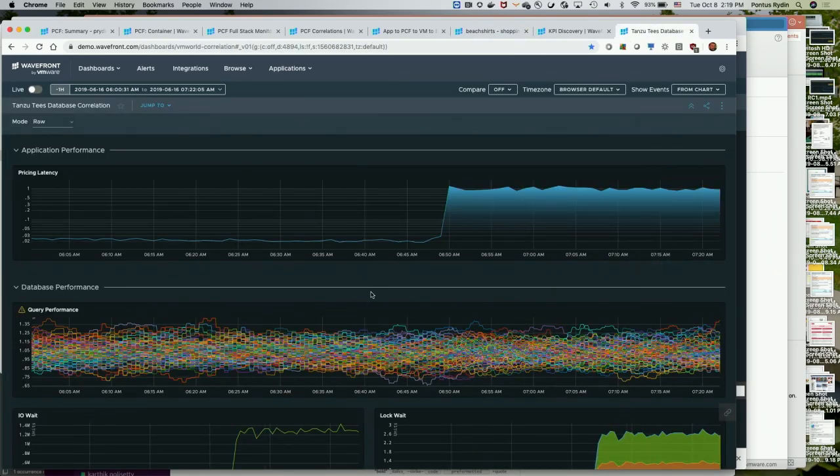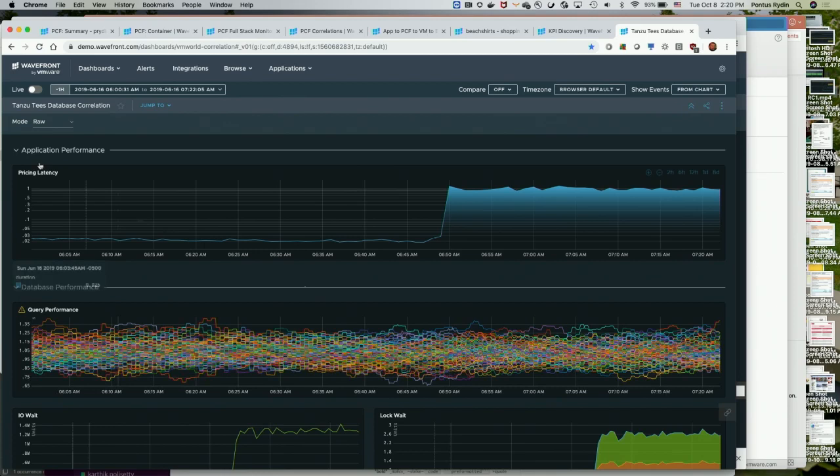So let's fast forward. I was troubleshooting that increase in latency, and I did find that the pricing service was called. And I happen to know that my pricing service is doing a lot of database accesses. So I'm thinking, okay, might be a slow database statement. My monitoring tool, Wavefront in this case, can get me all the SQL statements that take longer than 800 milliseconds to execute. Well, that didn't tell me much, right? That's a mess because I have a gazillion SQL statements in this one.